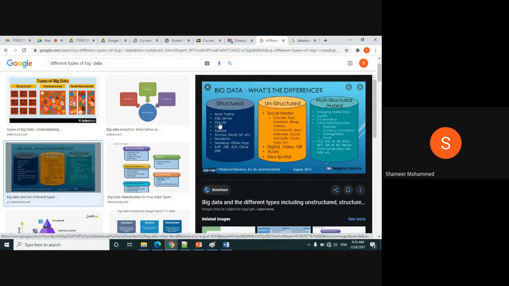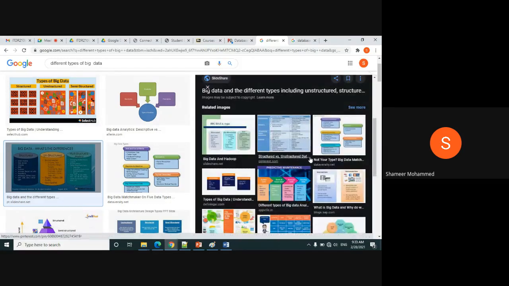The name of the database is Oracle or SQL or Access or any other databases like Sybase, DB2, etc. And this is the multi-structured. So this way the organization of the data takes place.